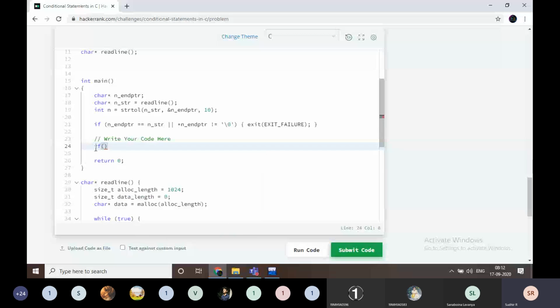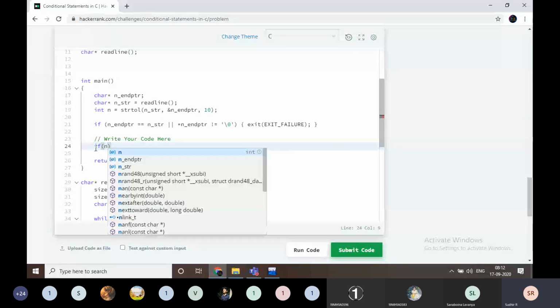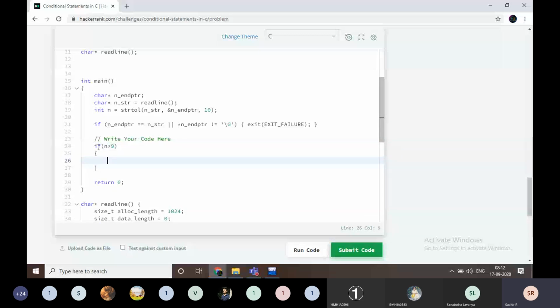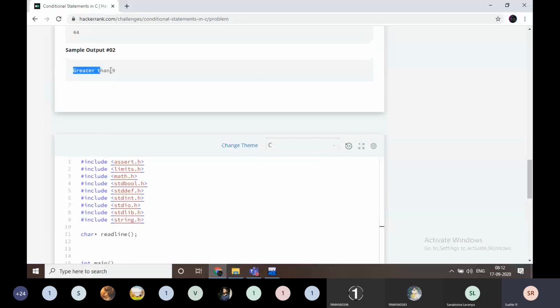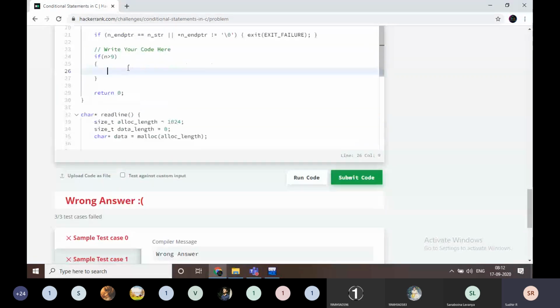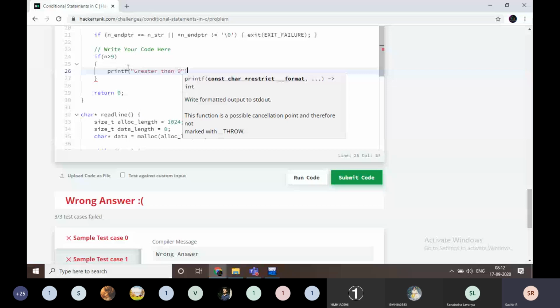If n is greater than 9, what do I have to print? I have to print "Greater than 9". That's it, right? printf "Greater than 9".